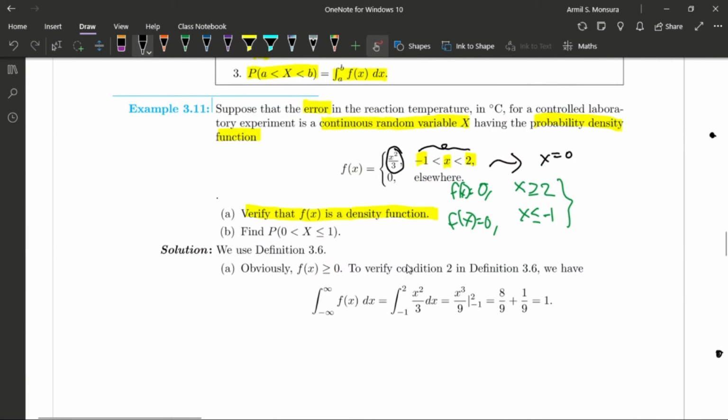Okay. Now, for the second question, we are asked to find the probability that your x assumes a value that is greater than 0 and less than or equal to 1. Okay? So,